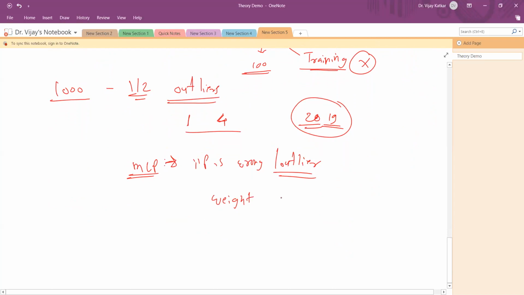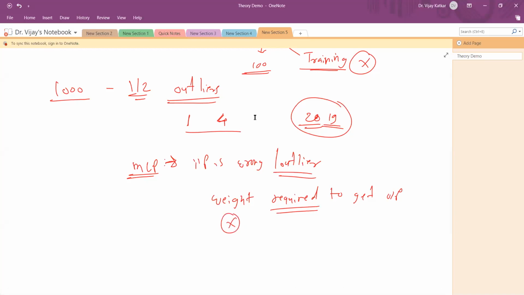The weights required to get the output will be wrong, which will be reflected in the result. Even a slight change is a big problem. So that is not a good idea.